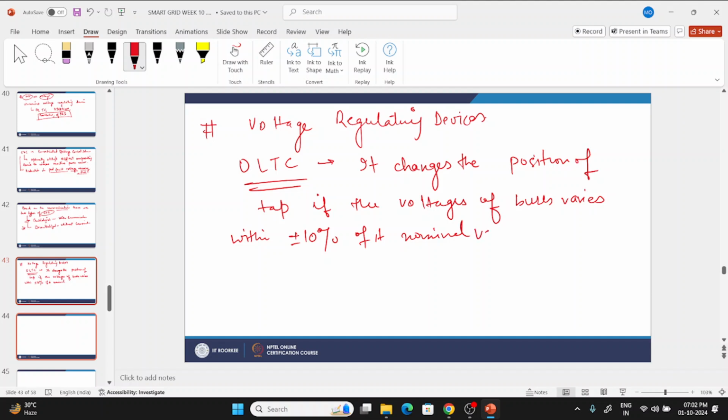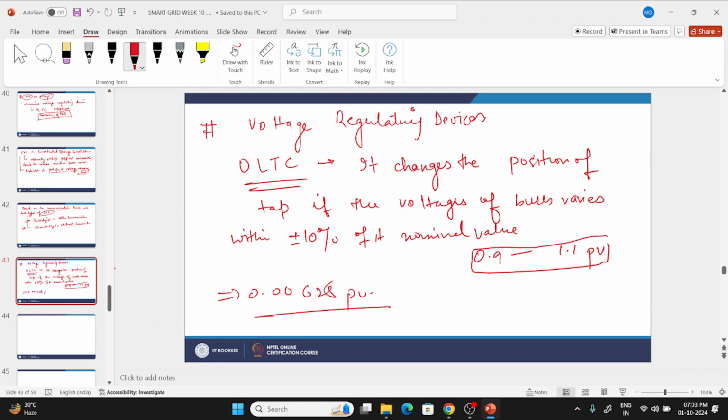Nominal value. So it will operate between 0.9 to 1.1 PU. Okay, so how will it change? If the voltage variation at any regulated bus where the OLTC has been installed crosses the predefined dead band, then what happens here? The OLTC will change its position. So each step variation of OLTC constitutes a 0.000625 per unit change in the voltage. Okay,